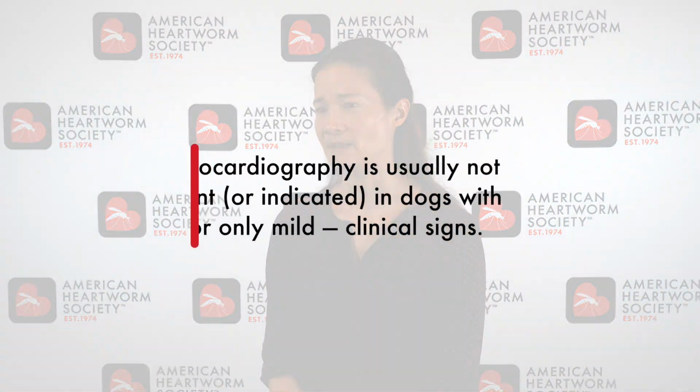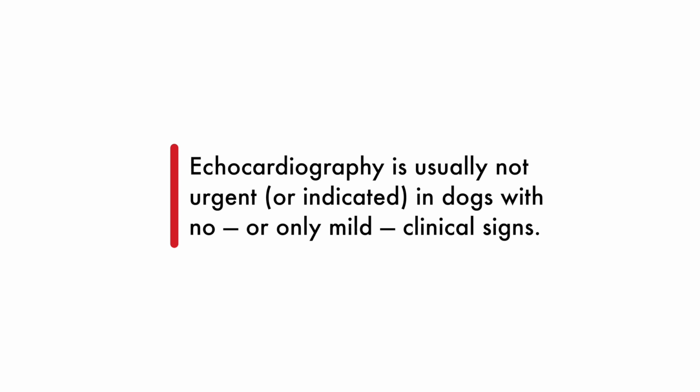In dogs that are otherwise well, aside from their heartworm diagnosis, and have maybe only mild clinical signs like an intermittent cough, echocardiography is usually not urgent. Where echocardiography becomes more urgent is when the dog has more severe signs like lethargy, shortness of breath, or even